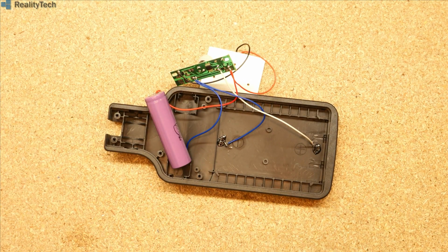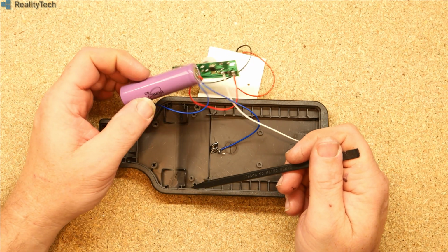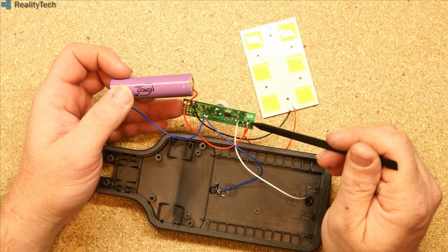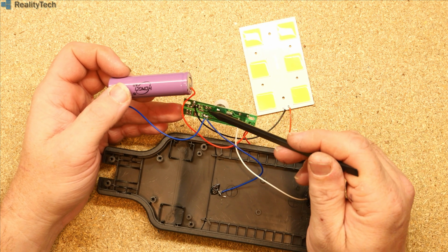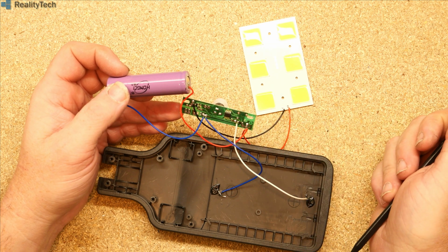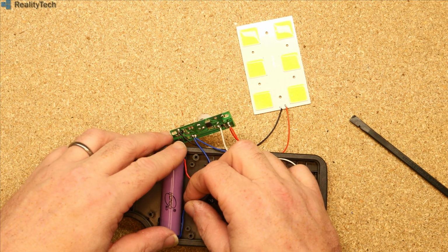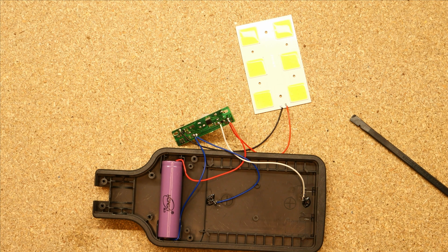So we're relying solely on the lithium ion to regulate its own charge. That's probably not a really safe way of doing things. I don't think there is anything special happening here. So we're literally placing the output of this straight across this. So although it looked like quite a nice unit, it's not that great. This can quite easily run this battery down way past the level it should do, so